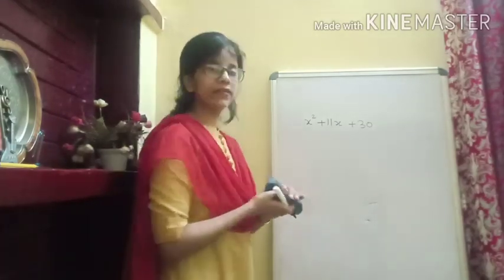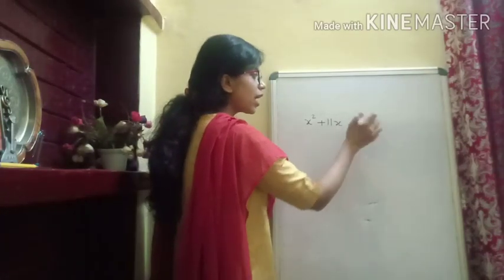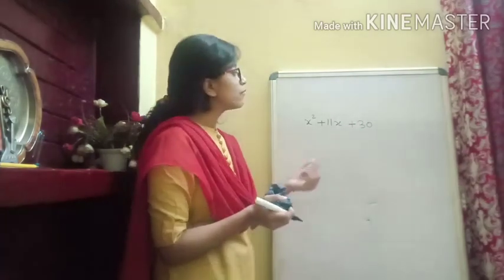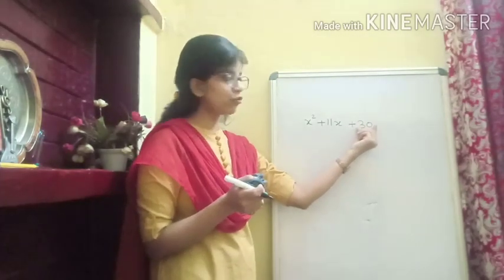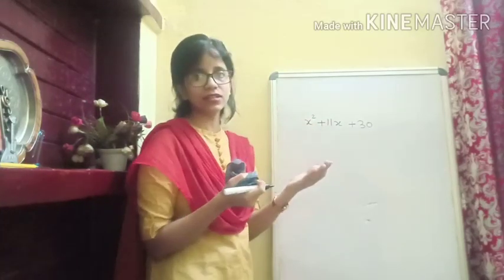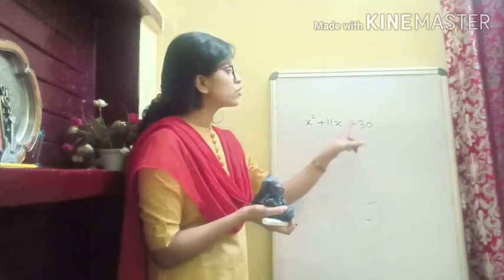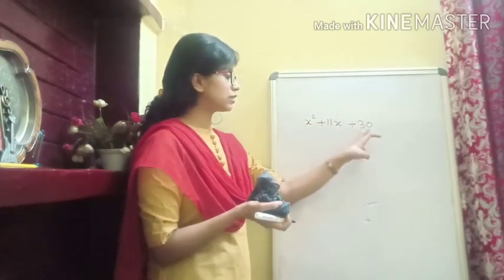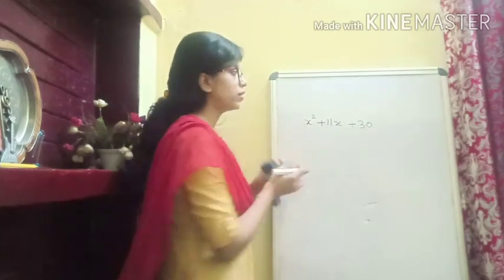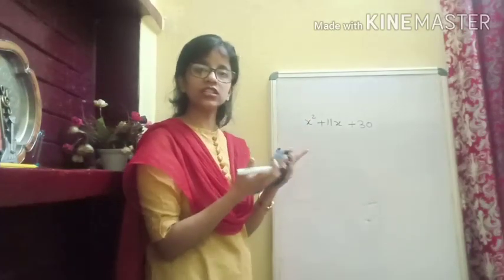Now, as you now know what the coefficient is, and we always take the coefficient with sign, how do we factorize this question? You take the constant term and the coefficient of x square. What is the constant term? 30. What is the coefficient of x square? Here it is 1. You may get some questions where the coefficient of x square is some other number. You take these two, the constant and the coefficient of x square, and multiply them. So this is 30 and the coefficient is 1. What is the multiplication? 30.